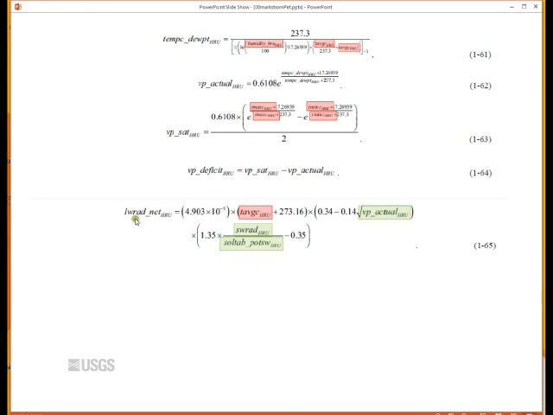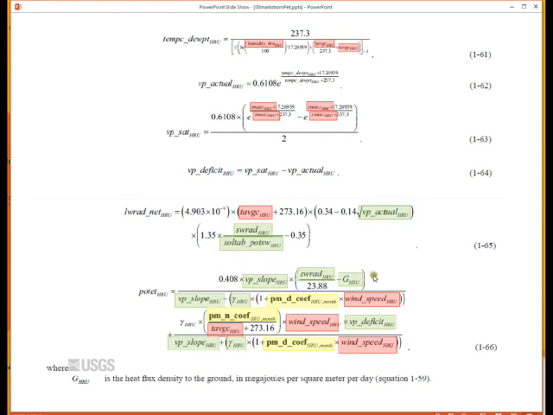Penman-Monteith also needs net long-wave radiation, and this is the equation we're using here. We've got these green terms here. Highlighted green terms are coming from these other equations. Again, it's using temperature. And then we finally get to the big equation that computes the potential ET. This is the form of Penman-Monteith that we use. All these green terms are variables computed elsewhere.